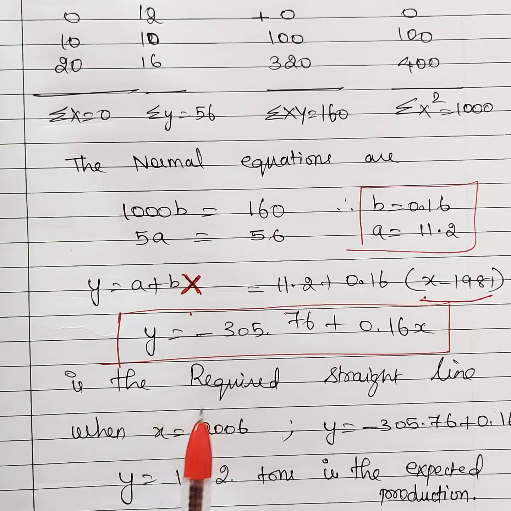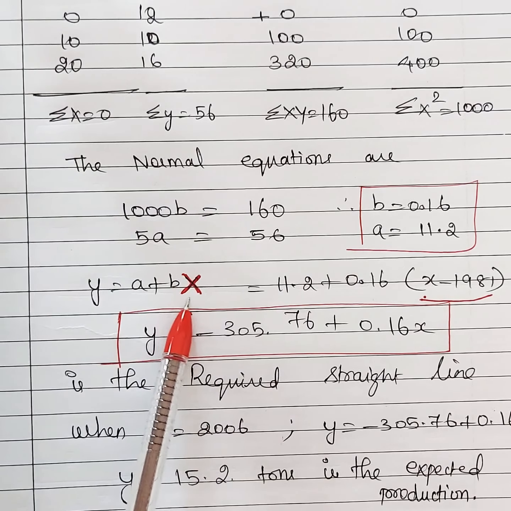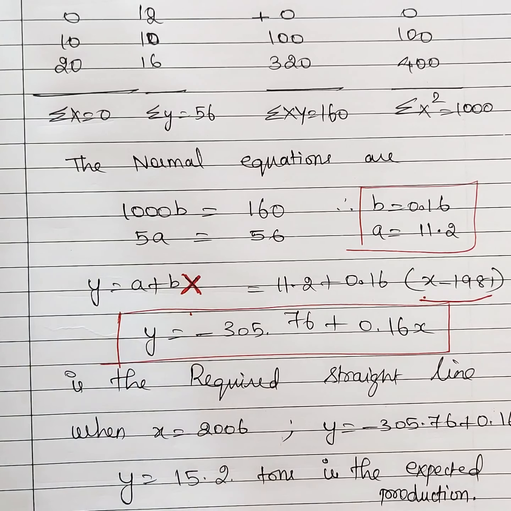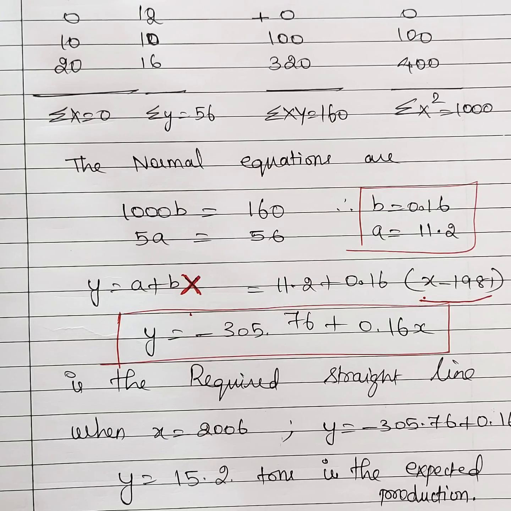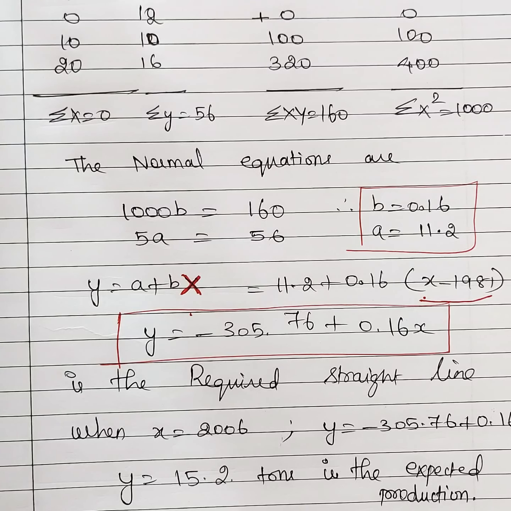One more thing, students, they tend to substitute x as 2006 here. Again I repeat, this is capital X and not small x. And when you see the data, the production was 8, 10, 12, 10, 16. So what you have got is 15.2 somewhere in the line. For example if this is 150.2, then definitely you might have done a mistake. So this is close to the data they have given in the question, so it means your answer is correct.